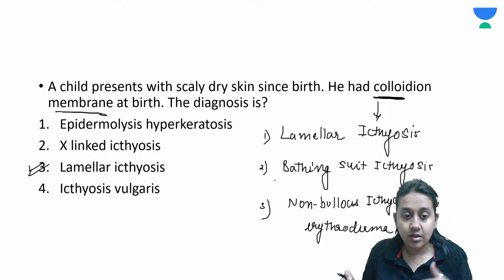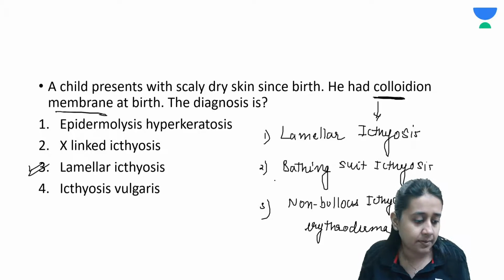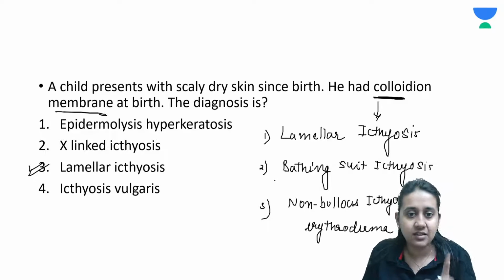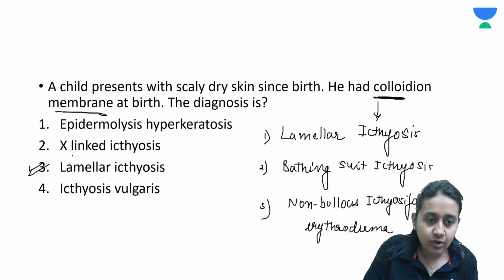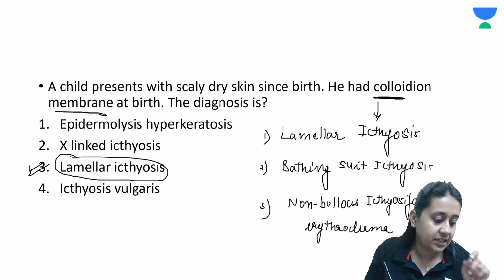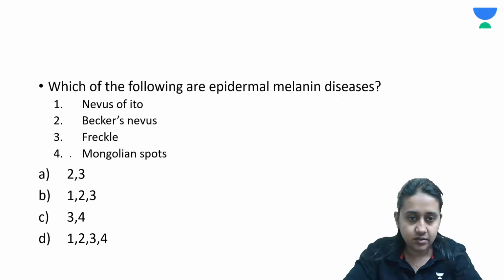The rest all, like ichthyosis vulgaris, X-linked ichthyosis, epidermolytic hyperkeratosis, do not present with the collodion membrane at birth, and that is the clue in this question. So you have to mark option number 3 if they are giving the collodion membrane term in the question. Clear? Next,